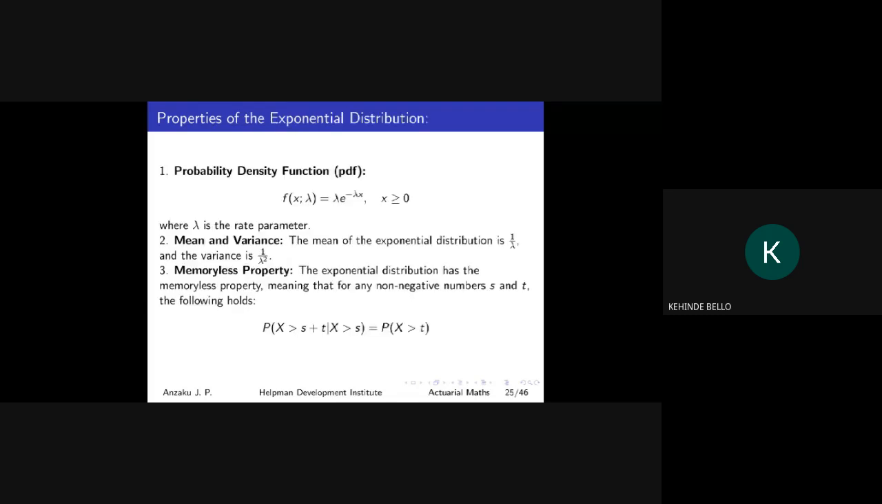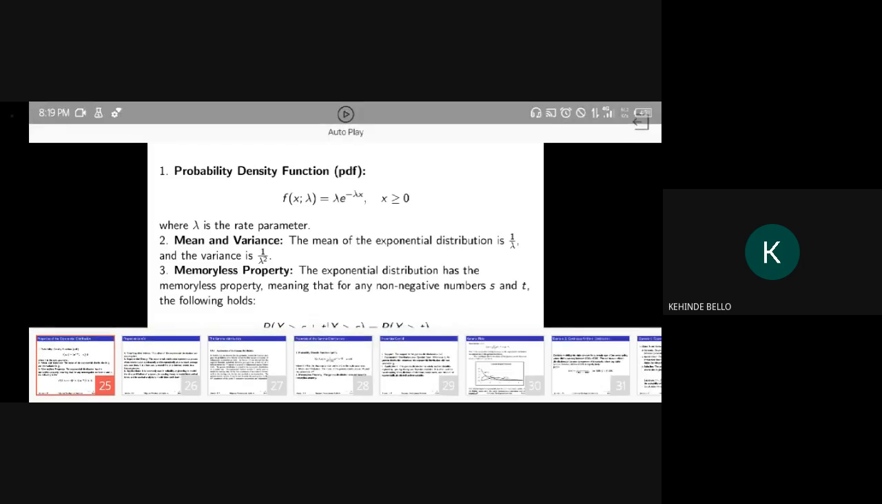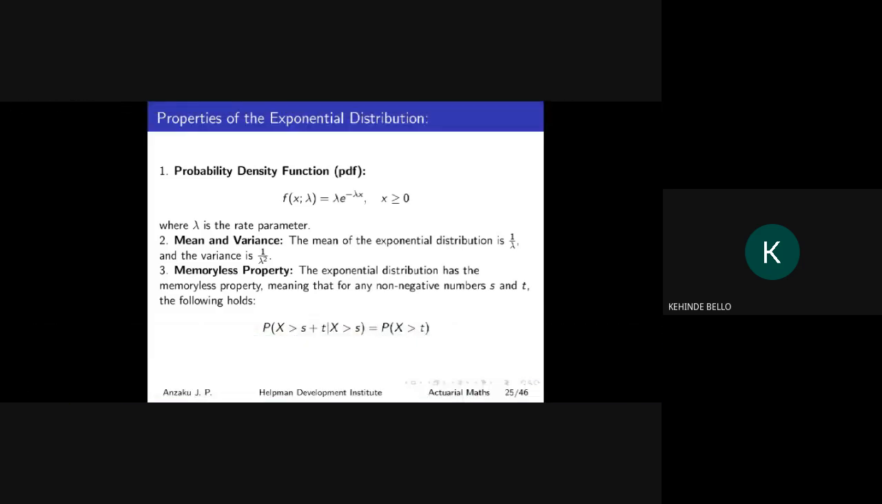All right. So in summary, let's look at some of the properties again. We have talked about the properties, but let's look at them before we start looking at some applications. Remember we said that the exponential distribution has the PDF given by lambda e to the power of minus lambda x, where e to the power of minus lambda x is the exponential function, and we say that x is